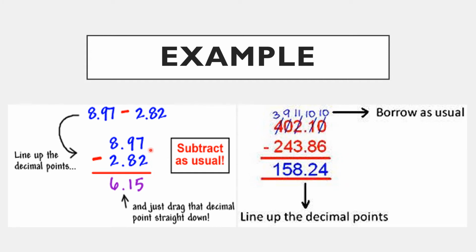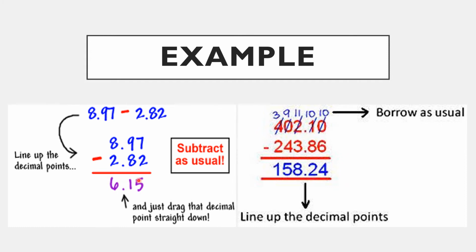So place the numbers according to the place values of decimal numbers. Now 7 minus 2 is 5, 9 minus 8 is 1 and 8 minus 2 is 6. And just take down the decimal point below the decimal point. So the answer is